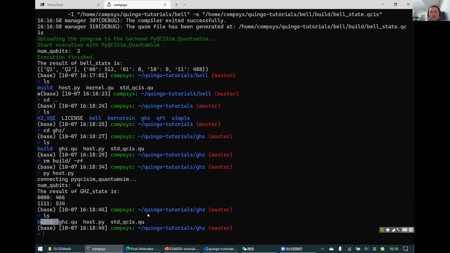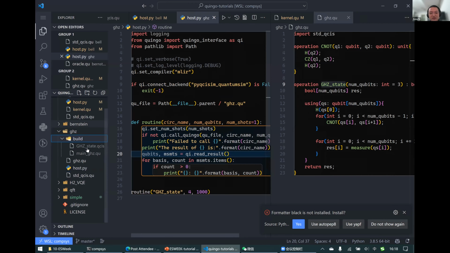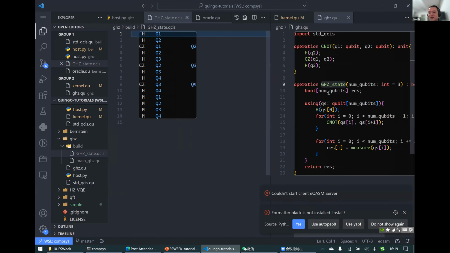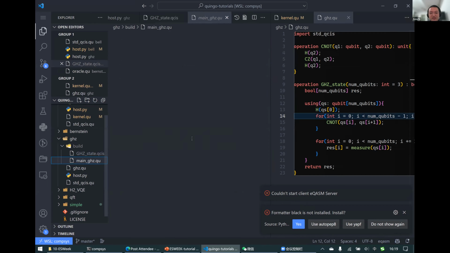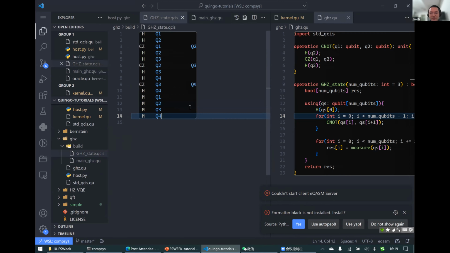If we look inside it, it has some intermediate files. These are instructions generated by this program, and then there is a main program. This is a compilation intermediate file, and this one is actually used by the compiler. After this one is generated, it is simulated by the compiler.